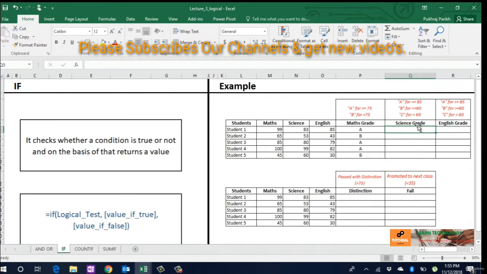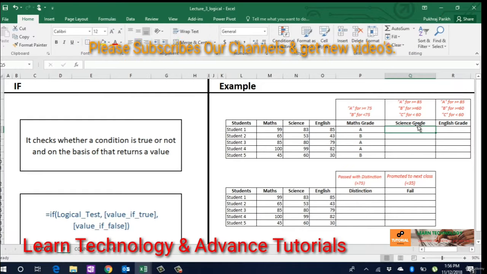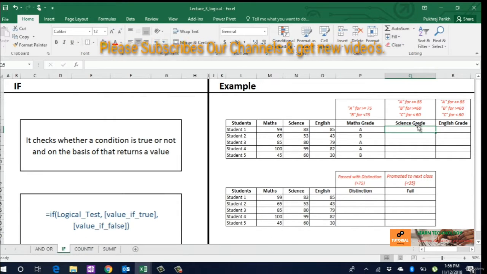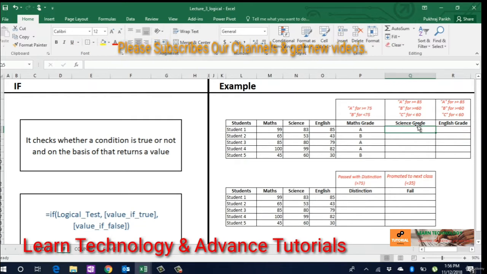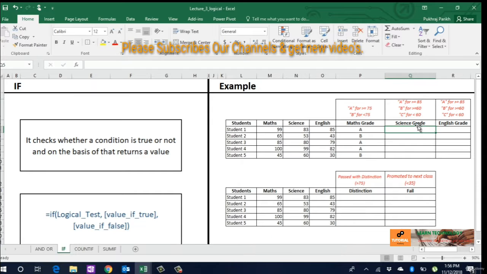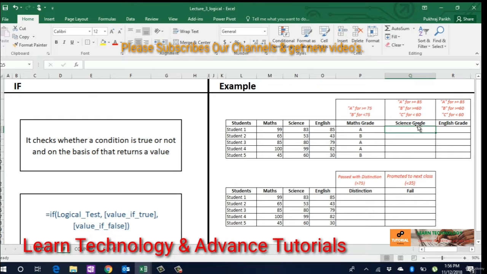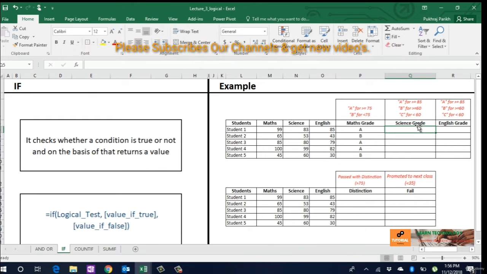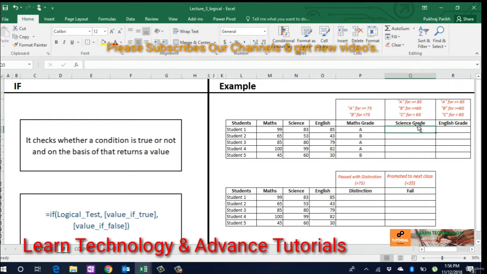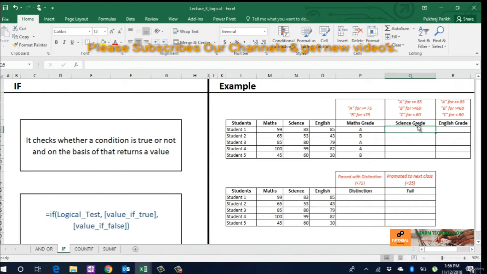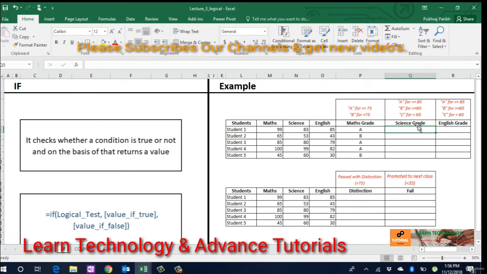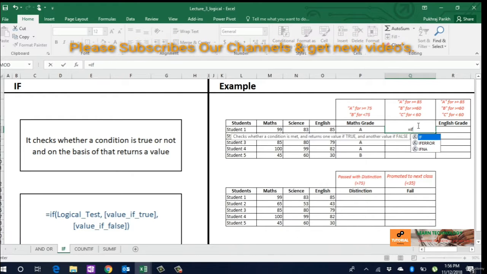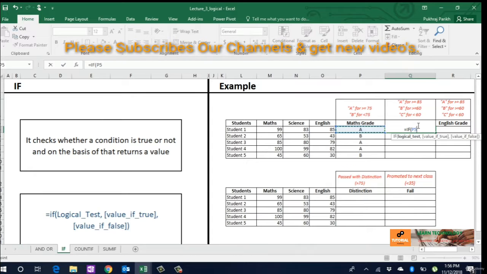If we want to do multiple logical tests in sequential format, we can use nested ifs. Nested if means that within one if statement, you use another if statement which will be called basis the output of first if. It will be easier to understand this using an example. Here, if we want to grade students as A if score is more than equal to 85, B if score is between 60 and 85, and C if score is less than 60, our first if will check if it is more than 85. If true, we write grade A.